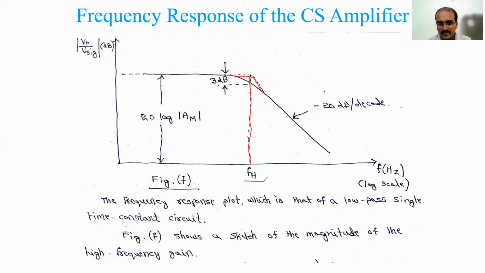In practical derivations, we will apply the V signal and note down the V0 for different frequencies, starting from 1 Hertz to 1 megahertz. Then we'll draw it on a semi-log graph sheet, so your graph sheet looks like this. Then we'll take a 3 dB difference, identify the FL and FH, and write the FH.